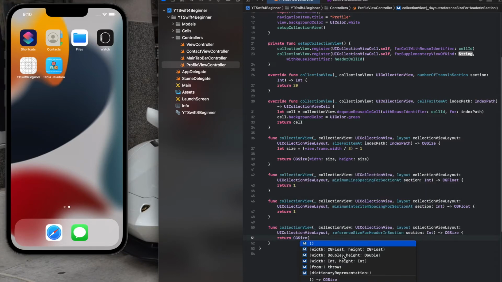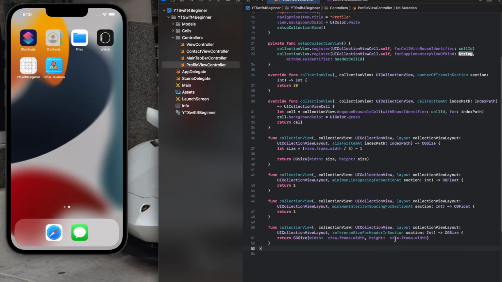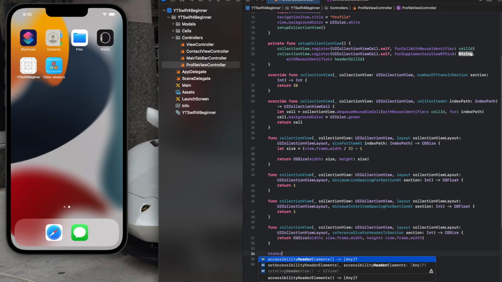Right, a float. You could do it as here. So you see here how we created a property. If you want, you could create a property, or you could just do it like this: view the frame, the width, because we want it to be like a full square. So yeah, and then we're gonna want a header for